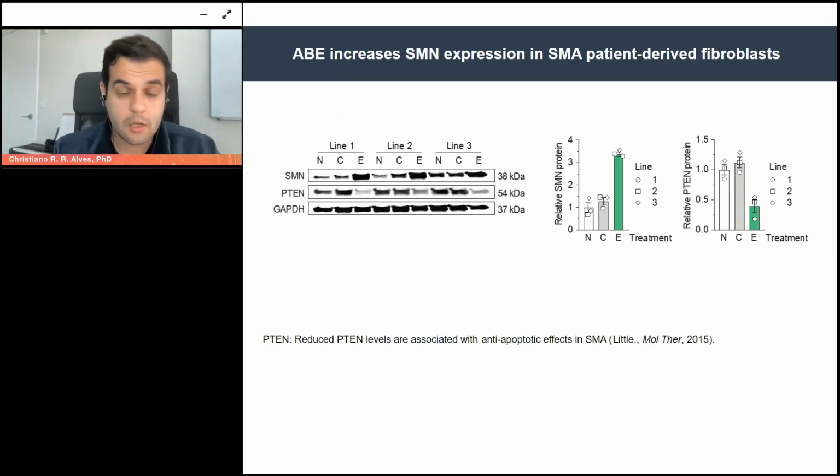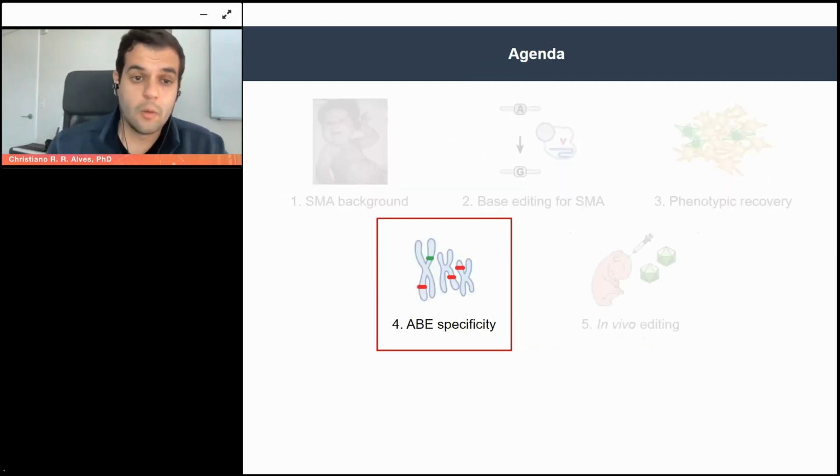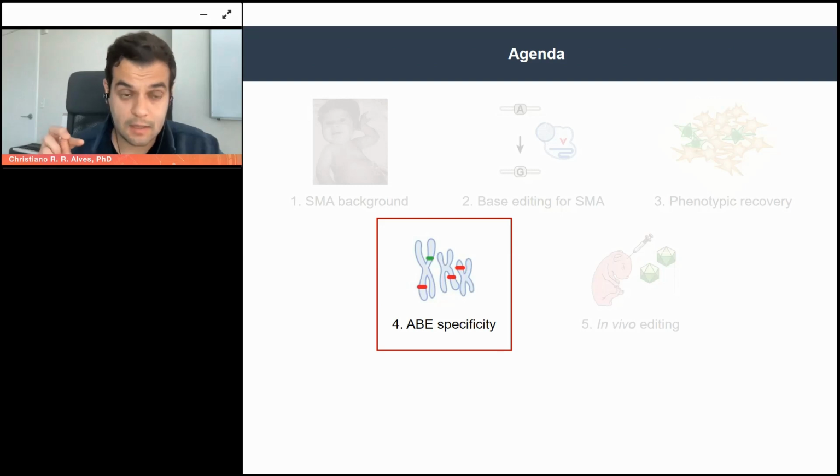And then here, just complementary data showing that we can do this also with Western blots. And then we see some additional data in cells, like in other proteins like P10 that was previously described as associated with SMN. All right, so I hope to convince you so far that we can precisely edit that gene in that site, and we can precisely edit that site in the disease context in cells from patients.